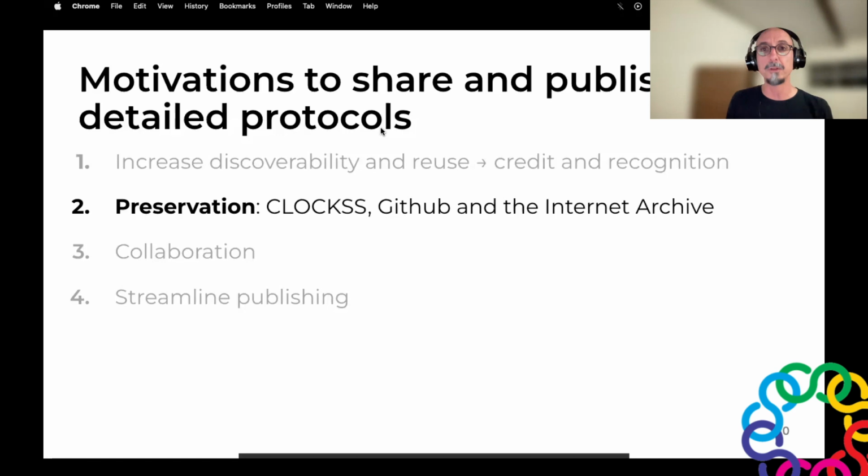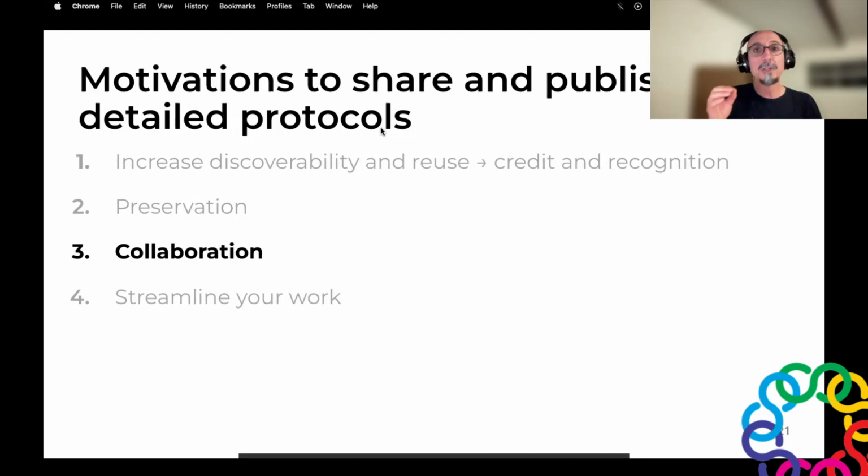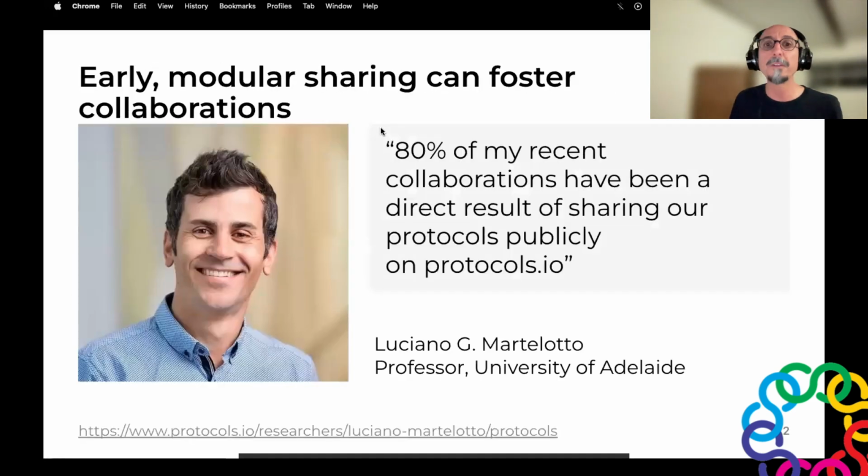And I should mention that all public and private content in protocols.io is mirrored and backed up in CLOCKSS, GitHub, and the Internet Archive. And public sharing of protocols also increases the chances of establishing collaborations, as we have seen cases where researchers report that this is the case.